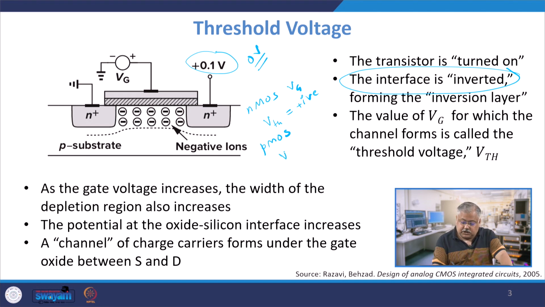So, for the PMOS, the threshold voltage will be negative, and that is what it is all about. So, threshold voltage is basically that gate to source voltage. Always with respect to source, we say it to be negative, which means that let us assume the source is grounded, then my gate voltage will always be negative in one direction,